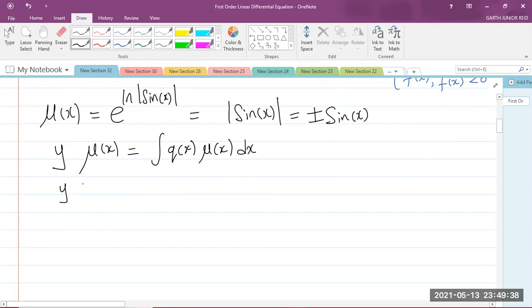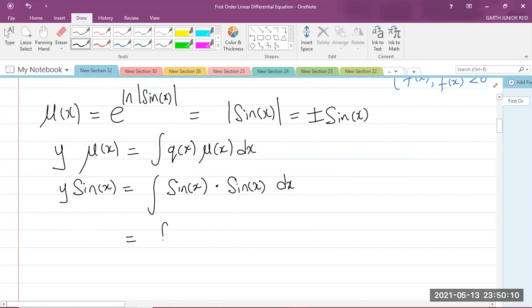I am going to choose the positive sine x, and that is going to be equal to the integral of q, and we had said that q is equal to sine x, multiplied by the integrating factor, which we stated is sine x, dx. Good. So on the right hand side, I have the integral of sine x times sine x dx,